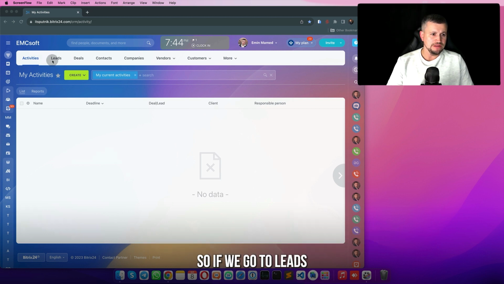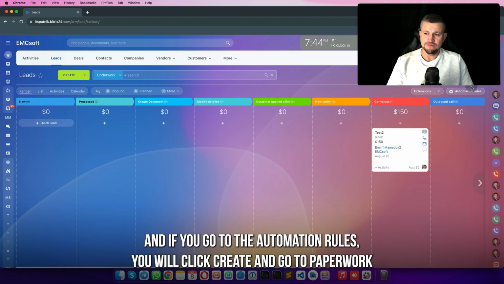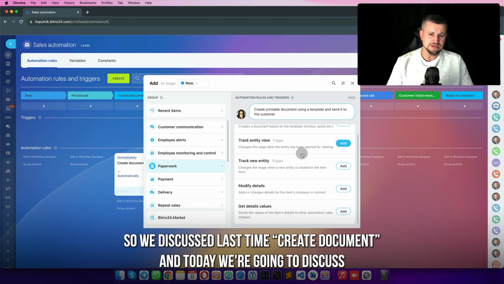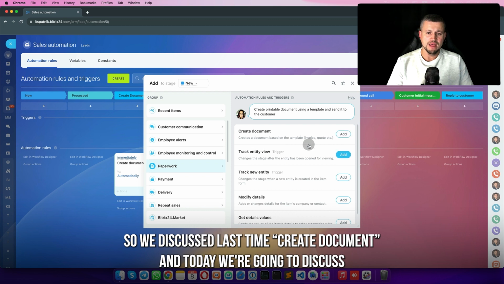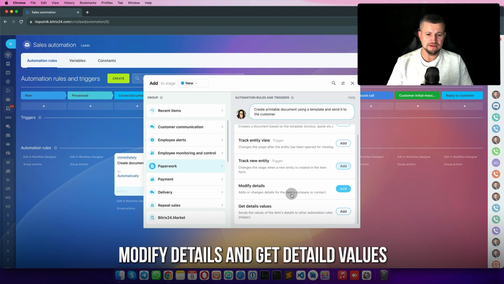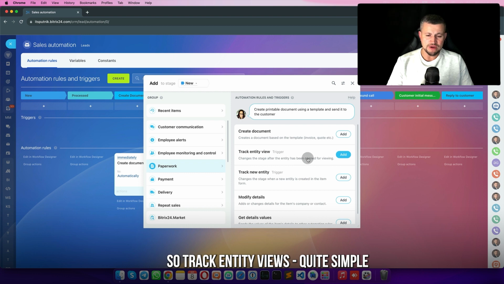So if we go to the leads and if we go to automation rules, if we click recreate and go to paperwork, so we discussed create document last time, and today we're going to discuss track entity view, track new entity, modify details and get details values. So track entity view is quite simple. If we add it,